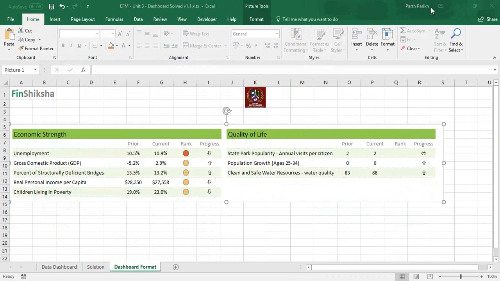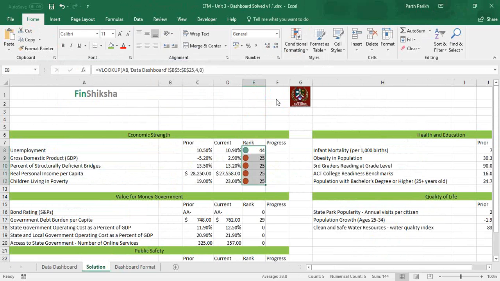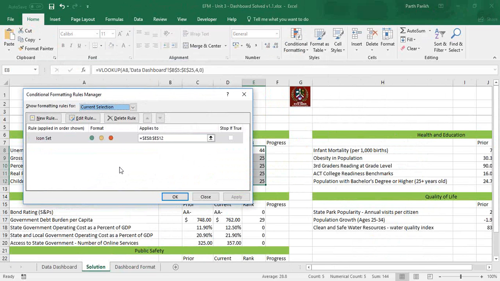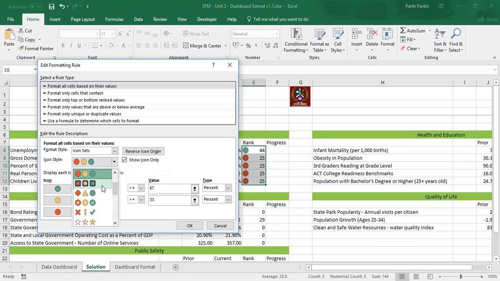Now what to do? So in that case, you go to the solution, you select the entire thing, conditional formatting, manage rules, click over here, see this carefully. In the icon style you can change the icon style, but next to icon style there is a checkbox called show icons only. Show icons only, you have to click that. That will display only and only icons, nothing else. And you can change your icons as such as well. You can pick any kind of icons.